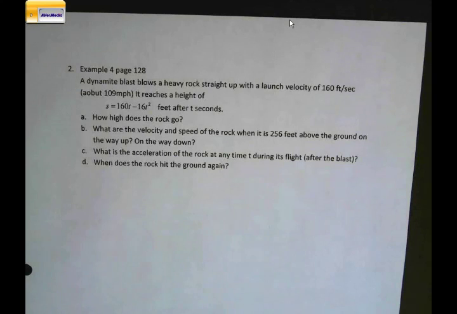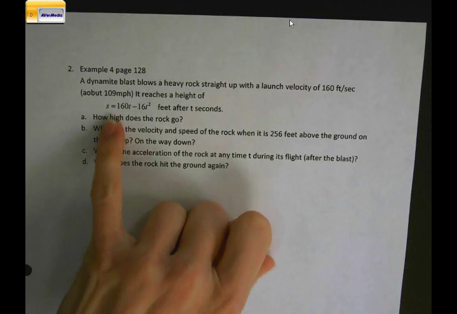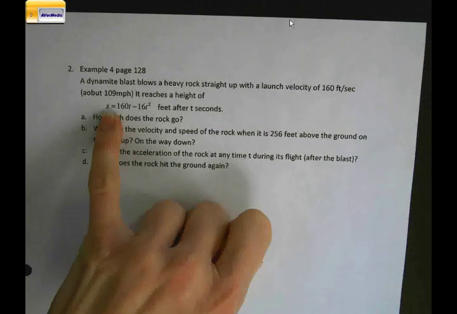Okay. Up to things which aren't actually as high, so let's go on to the next example, which is straight from your textbook. A dynamite blast blows a heavy rock. Everything is heavy in this book, okay? A dynamite blast blows a heavy rock straight up with a launch velocity of 160 feet per second. So it shoots it at 160 feet per second. It reaches a height of, and this is what's determining your height, this position function, this S, that's determining your height,